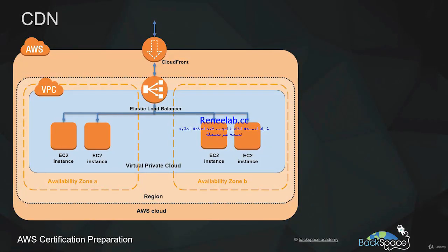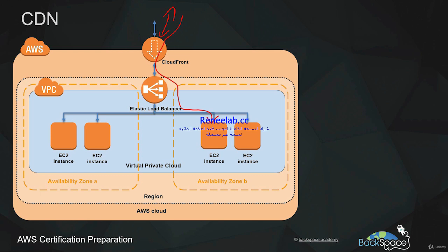with really high speed and low latency. And at the same time, it's going to take the load off your EC2 instances and is going to significantly reduce your costs. At the same time, dynamic content that is changing regularly, CloudFront can forward those requests over to the Elastic Load Balancer, which will then forward them to an EC2 instance. So that way you have the best of both worlds. You have dynamic content delivered as dynamic content. And at the same time, you have these large videos and images that aren't really changing that often, delivered very